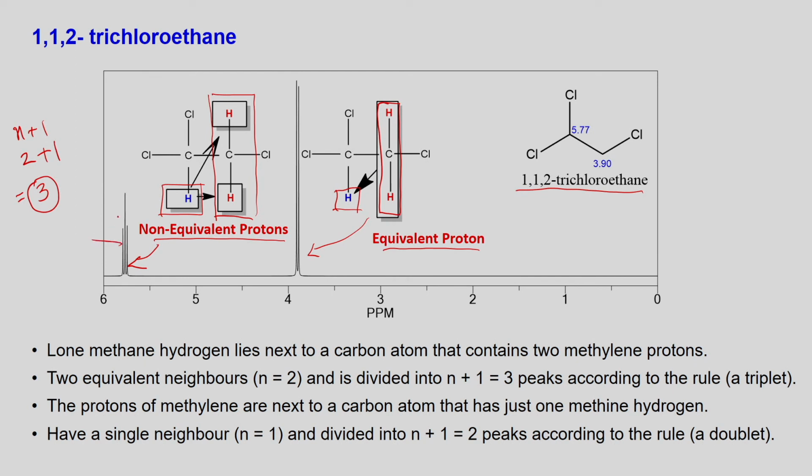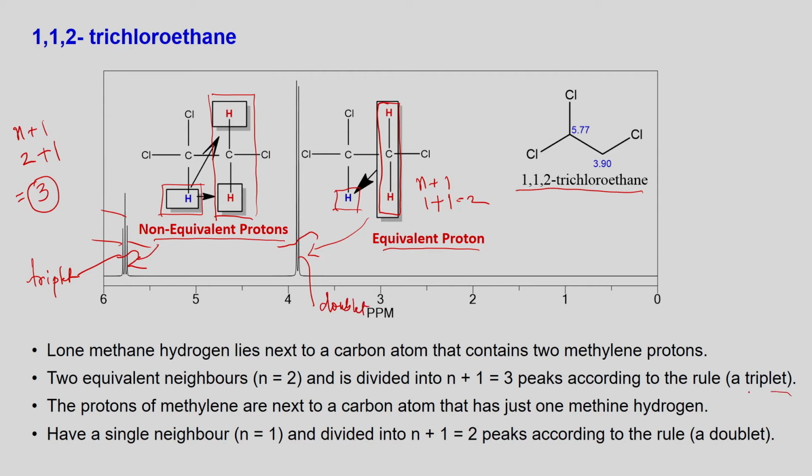Now, see there are 3 peaks, 1, 2, 3. So, there are 3 splittings of the peaks. In this case, this particular proton, which is equivalent in nature, is sensing only one proton, that is it has only one nucleus in the neighborhood of its surrounding. So, it means here n plus 1 will take the form n equal to 1 plus 1, which is 2. Now, see, it is a doublet. So, this we call a triplet, and this we call a doublet. This is where the spin splitting lies.